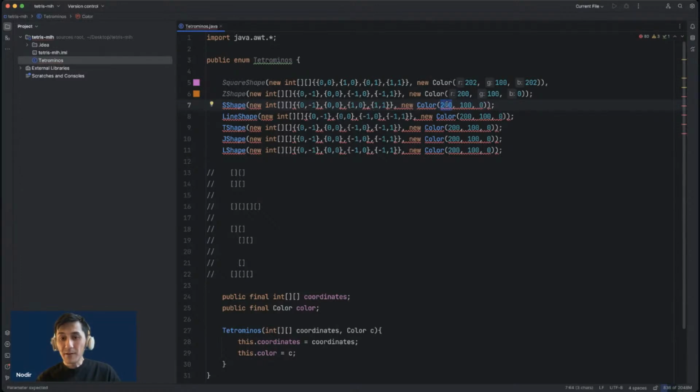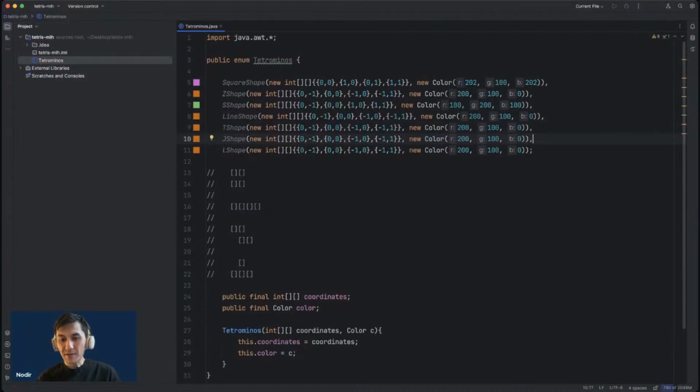And for S shape, we use color, let's say 100, maybe 200, and 300. Yep. So we set up the shapes here, and for line